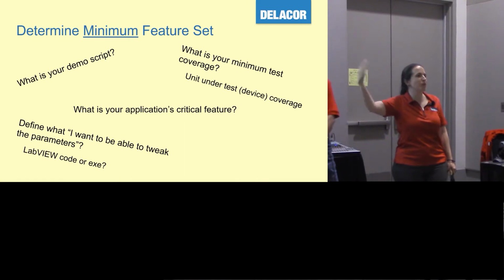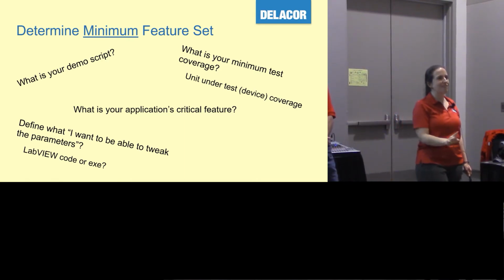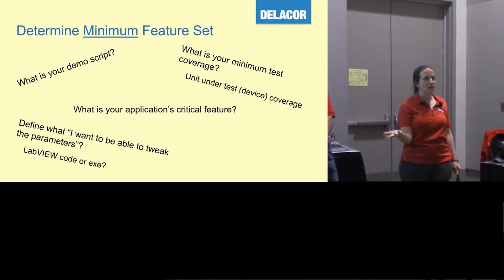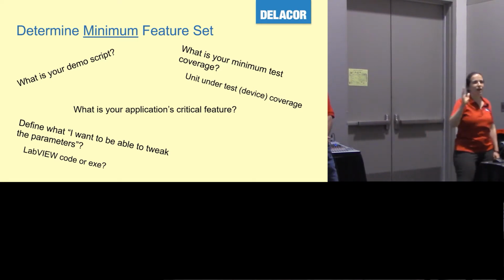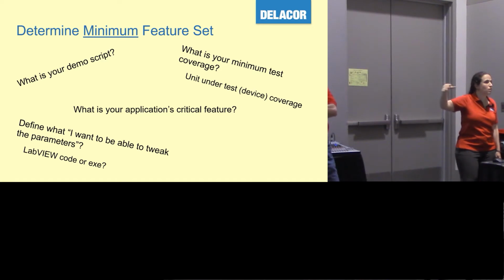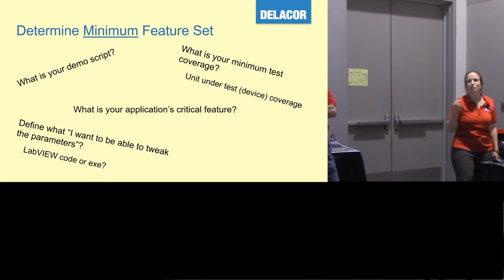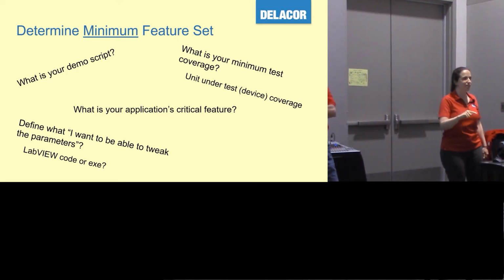So what they mean by tweaking things is they want an executable with a configurations editor where they can go and change the numbers. But they still want click once, and the demo starts, right? Or the application starts. So it is important to define what all these things are and make sure that we're on the same page. So these are just some ideas to questions. If you want to share with me some other creative ways that you have gotten to figure out and extract from the customer what they need, not what they want, I'll be happy to hear.